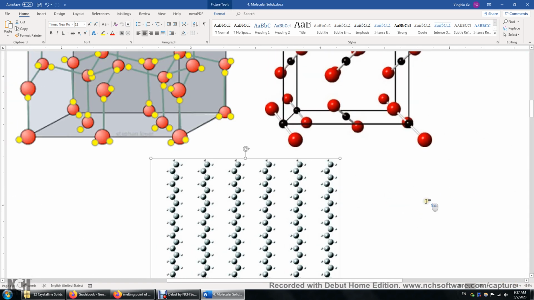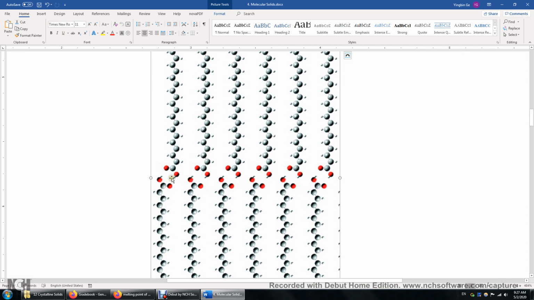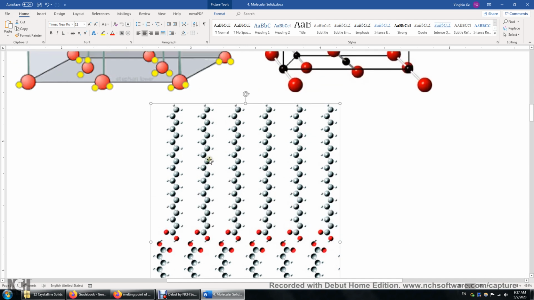You have positive charged hydrogen here interacting with the negatively charged oxygen. And also over here you have partially positively charged hydrogen atom interacting with partially negatively charged oxygen. So there's hydrogen bonding here. It's very important. It's significant. But also it's significant to